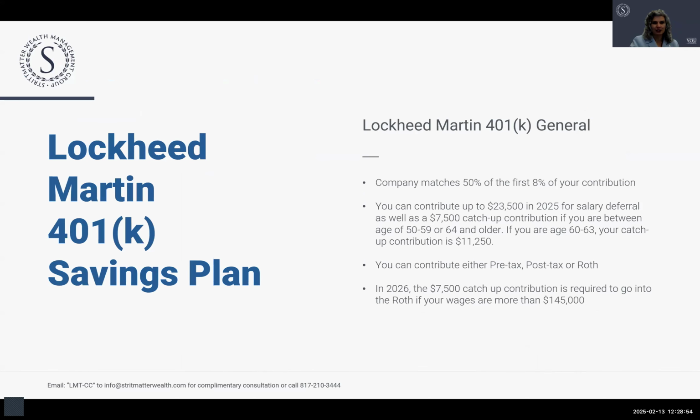So for the Lockheed 401k, let's talk about the matching here. The company will match you 50% of the first 8% of your contribution. So you want to be contributing at least the 8% so you don't leave any free money on the table, of course. Now in 2025, you're eligible to contribute